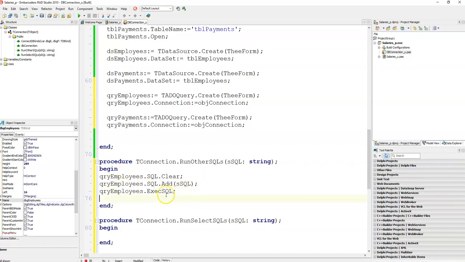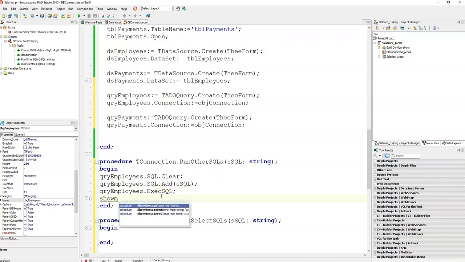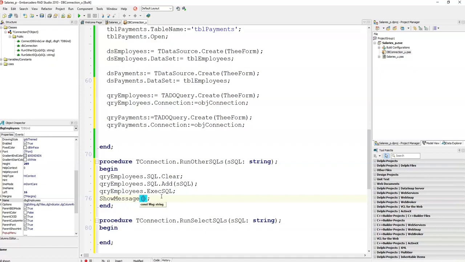So I'm going to write a ShowMessage, and inside there, I'm going to get the number of rows that have been affected by my query, and that's going to return an integer, right? Of course, ShowMessage only displays strings, so I'm going to say IntToStr, and then inside there,